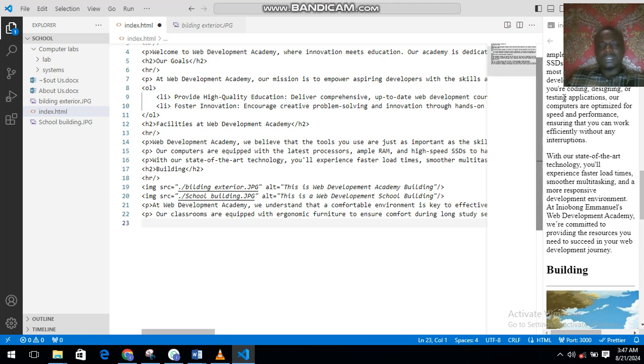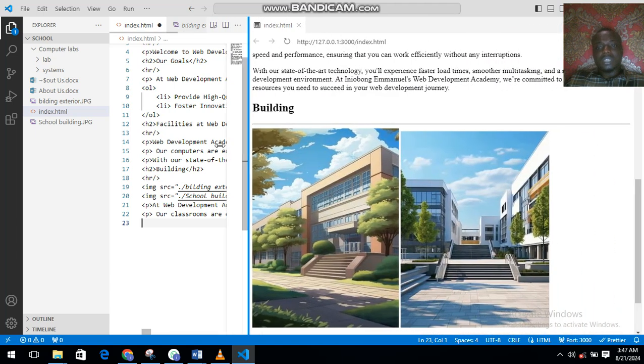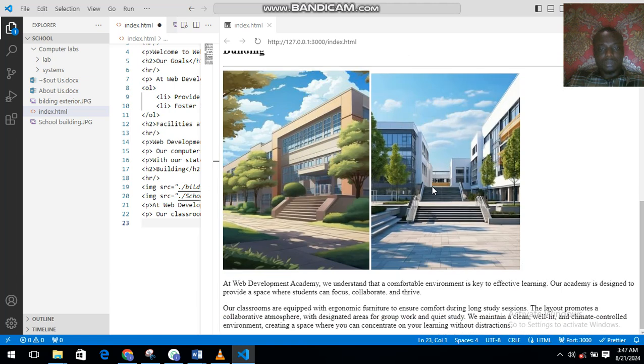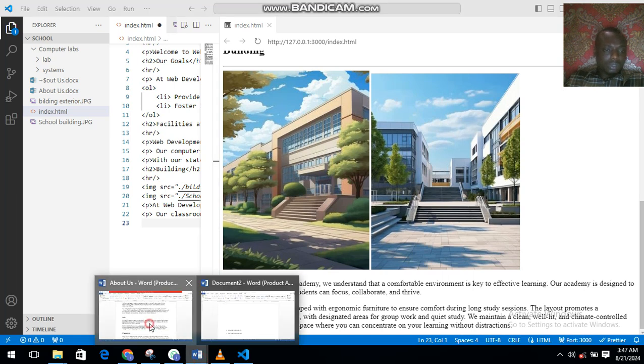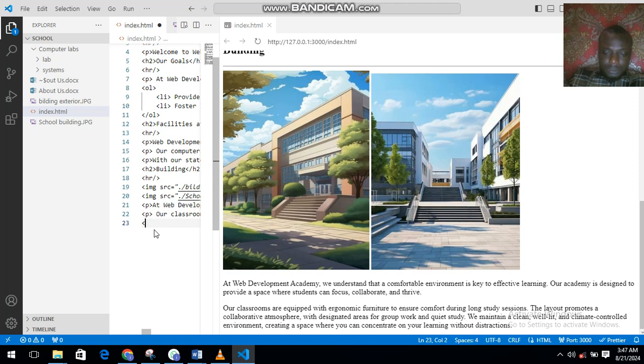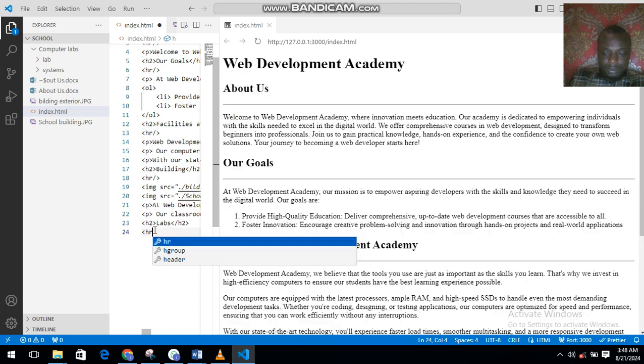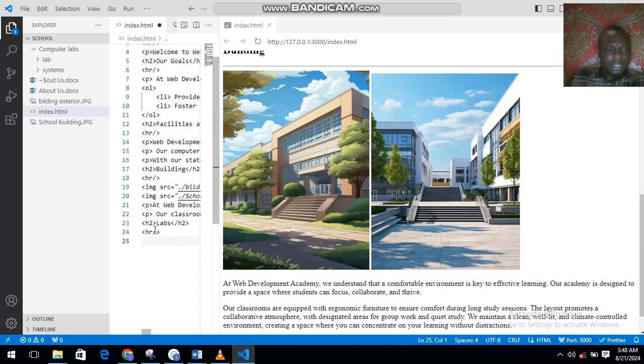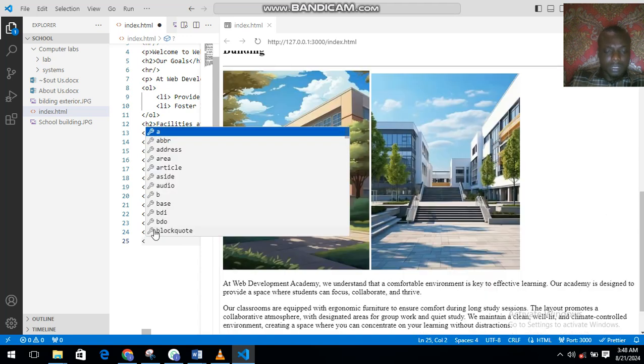So it's basically about understanding what the code is doing instead of cramming the code. So you can see with this now, we've done something professional, something structuring for our website. Alright? So one of the aspects, we also have our labs. I want to show you how Computer Power Labs works. So create another H2 for labs. Control V. You now go to HR element, which is a void element. Yes, we need to include an image of our labs.